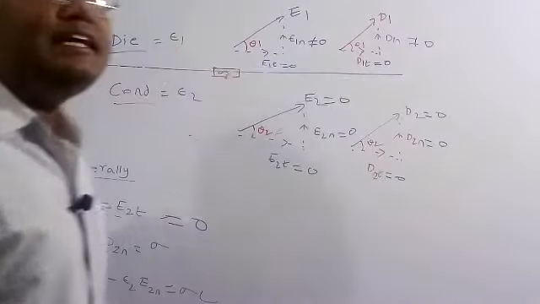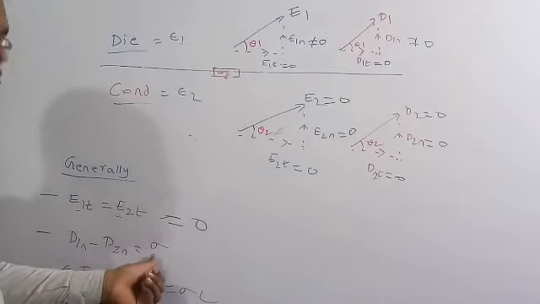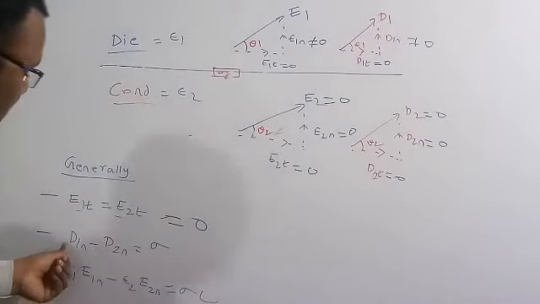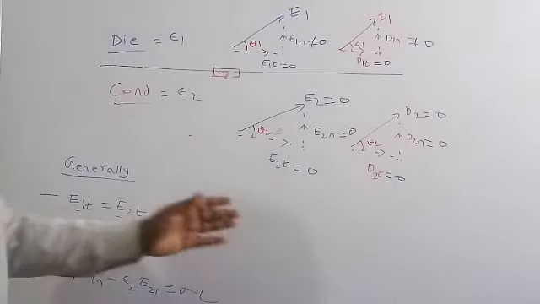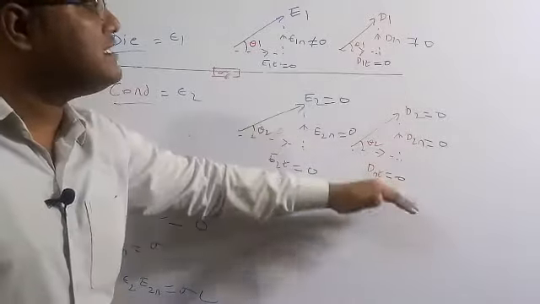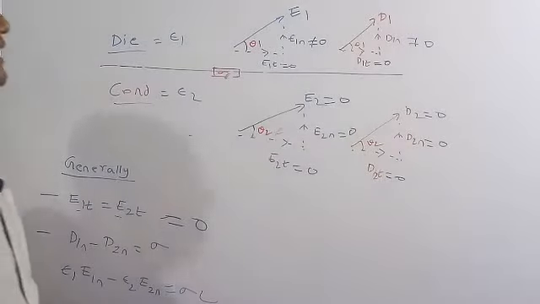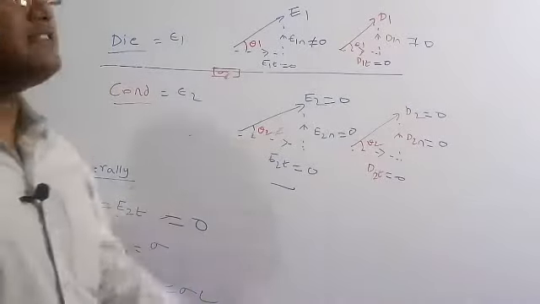This is because of the relation you already know, D1n minus D2n is equal to sigma. Even if sigma is 0, D1n is not equal to D2n, so they are non-zero quantities. Therefore only the horizontal components of the electric field and the electric flux density are 100% 0. So this is the correct solution: the horizontal components of the electric field and the electric flux density are 0. Now we are going to solve the 74th question.